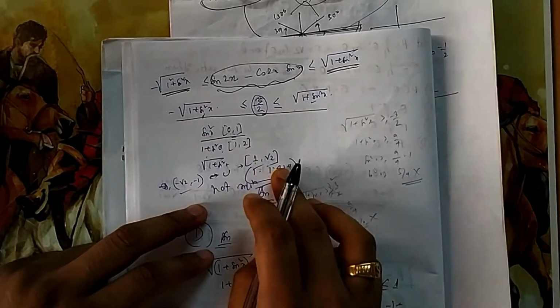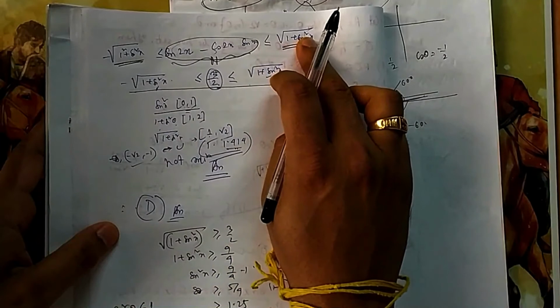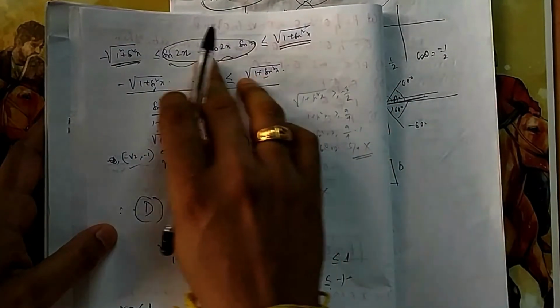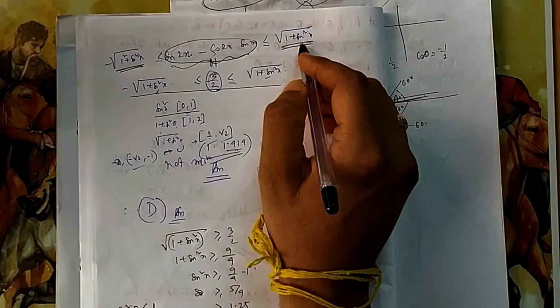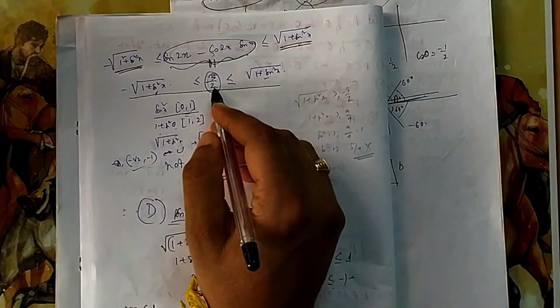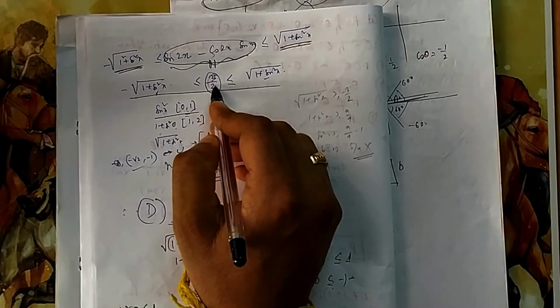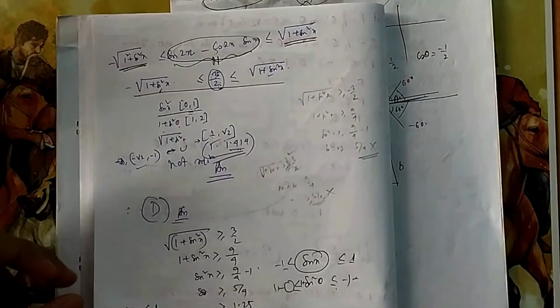That's why you don't need to think of the negative side. You think only of the positive side, because it has to reach 3 by 2, as it is given that this is equal to 3 by 2. The maximum value it can reach is 1.414, and the negative values are on the lower side, so they are not the maximum. But they want it to reach 3 by 2, that is 1.5. It will never reach 3 by 2, because the maximum value is 1.414. So that's why there is no solution.